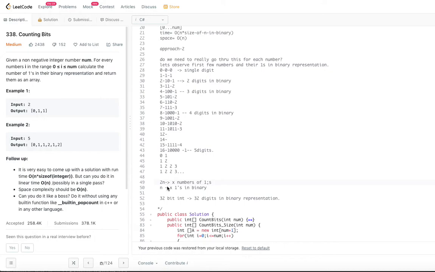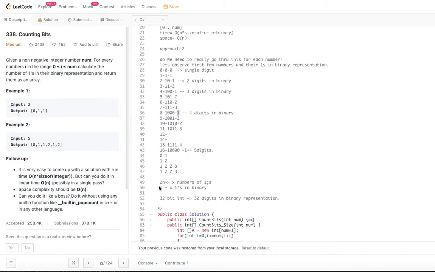So for example, if n is 2, 2 has 1 one in the binary representation. 2 into 2 is 4, 4 also has 1. 4 into 2, 8 also has 1. 8 into 2, 16 also has 1.